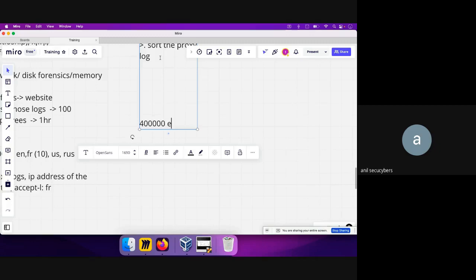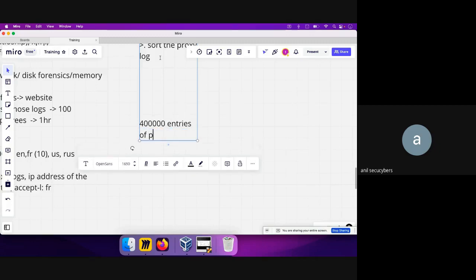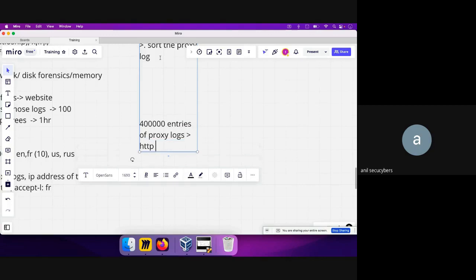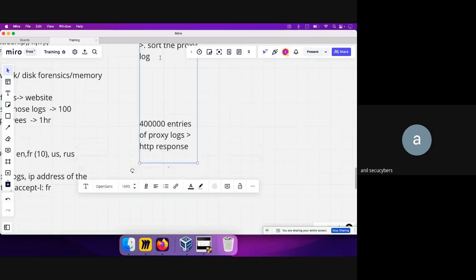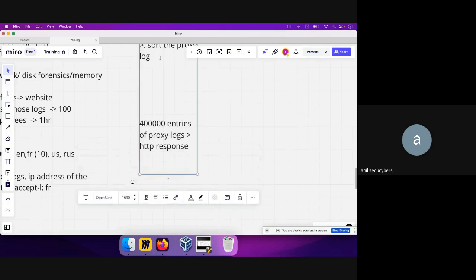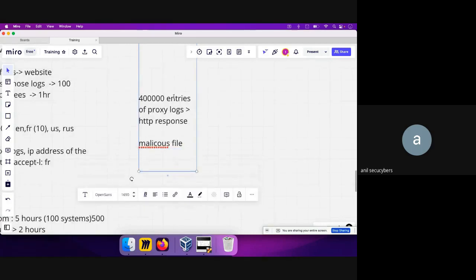100,000 entries of proxy logs that are capturing the HTTP response header. Okay. And from this 400,000, you wanted to figure out what are the possible, let's say, malicious files, for example. So what I can do is, in this 400,000 entries, I can just set up a filter where I will